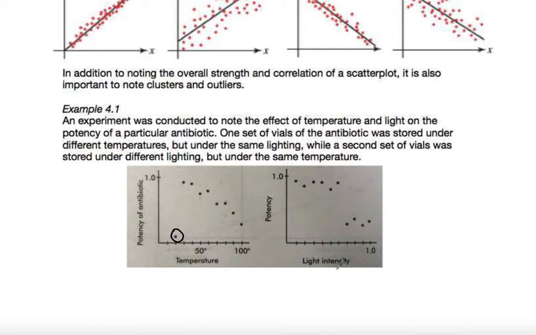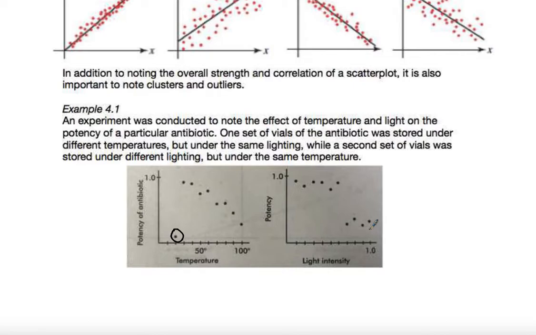Okay, in our second scatter plot, we see that our x-axis has changed now to light intensity, and our y-axis is still potency. So each of these lines represents a tenth, or 0.10, and our y still just has the potency at 1. So we can see that we definitely have a group here, and then we have a group down here. So it appears in the second scatter plot that you definitely have the 2 clusters,